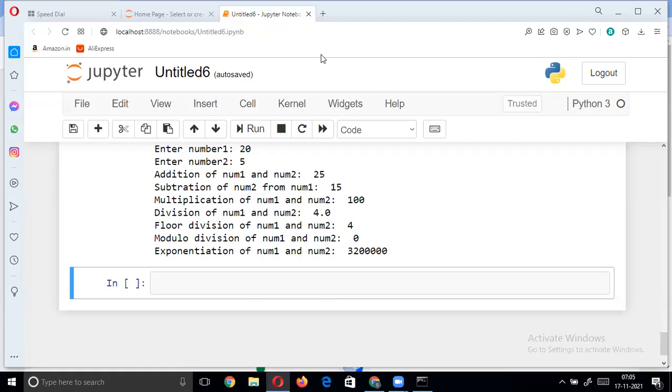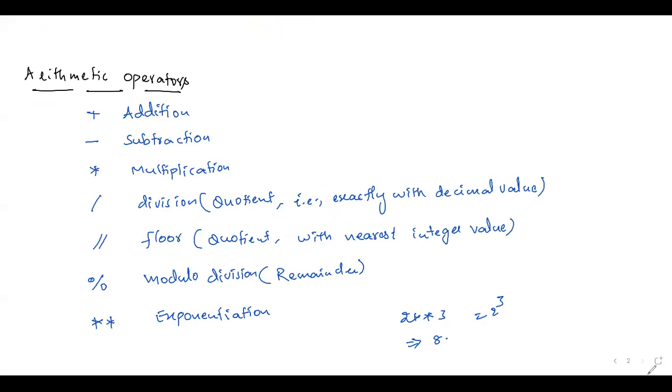Next we'll discuss the next type of operator, that is the assignment operator, which is used for assigning a value.